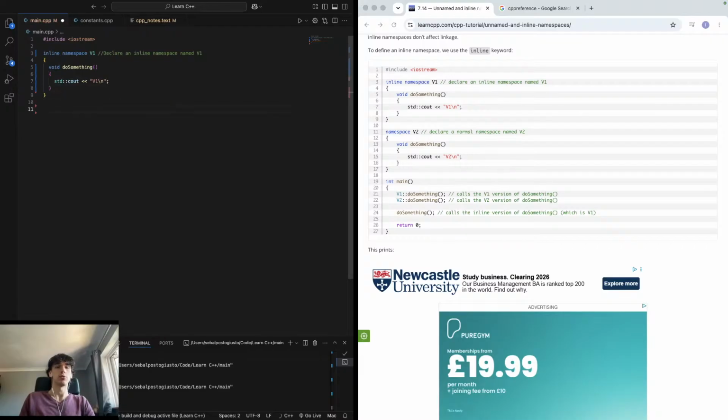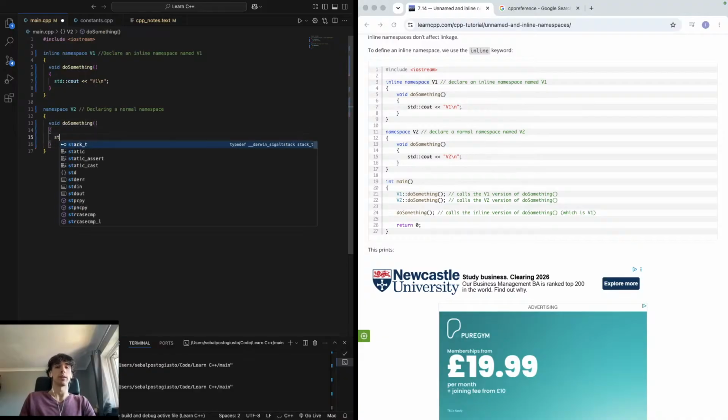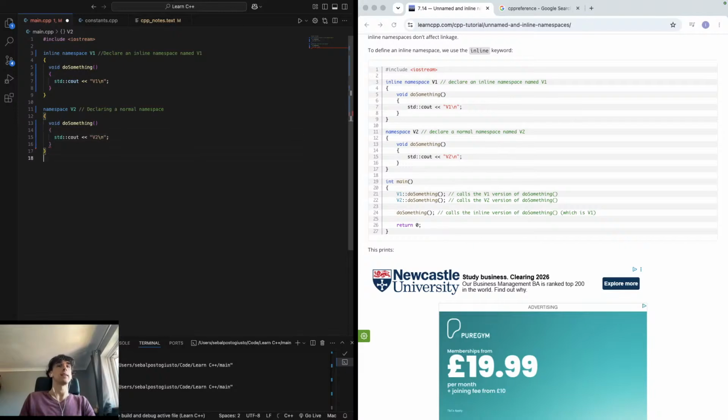Then we have a normal namespace of version 2, declaring a normal namespace, and then again we're going to have the void of do something, and then we're going to print v2,